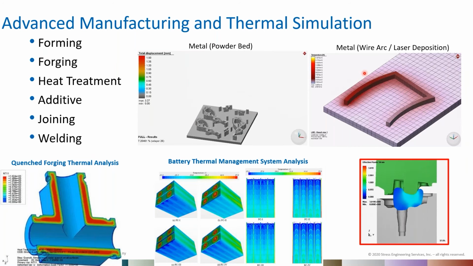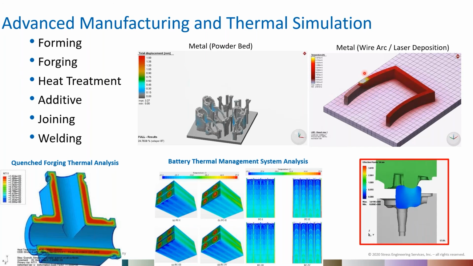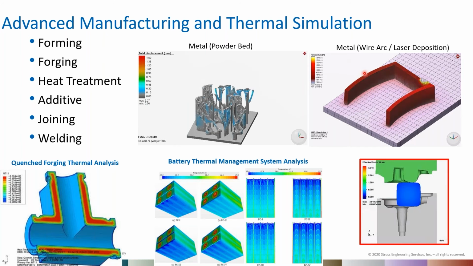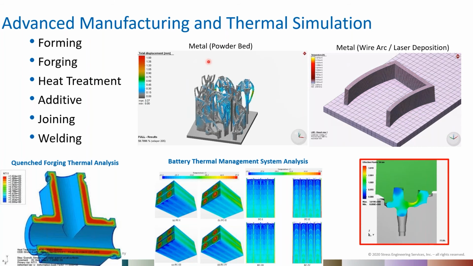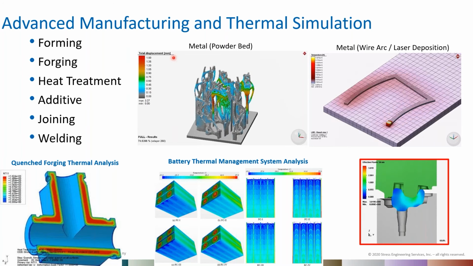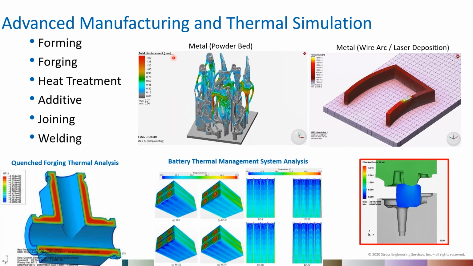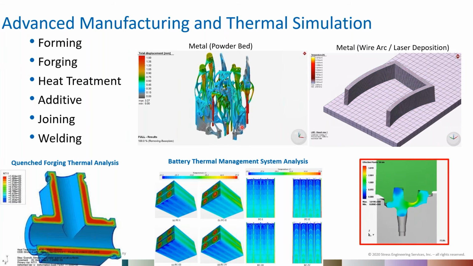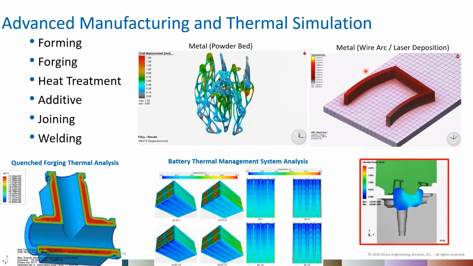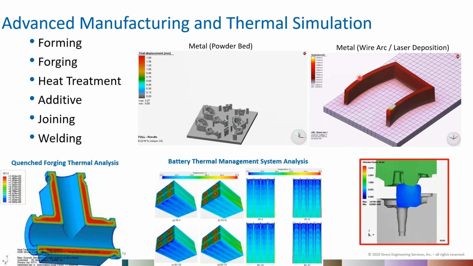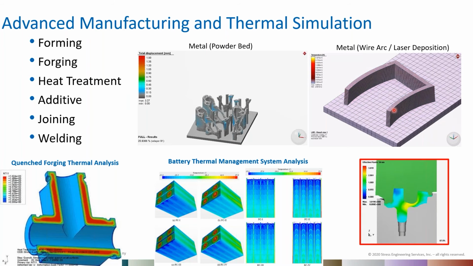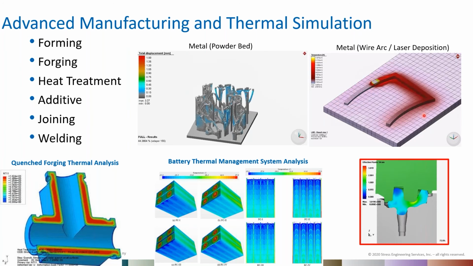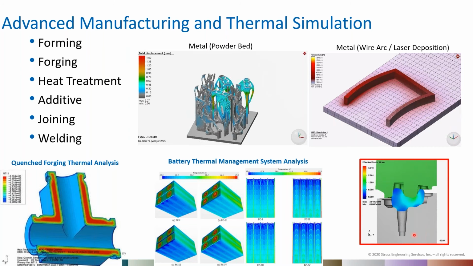Here are some examples of advanced manufacturing and thermal modeling and simulations that we can do. So a lot of people have heard about additive manufacturing. We can model how a laser powder bed fusion part is built and look at the total displacement of different components as it's being built with the laser, or a wire arc directed energy deposition technique. We can look at the thermal gradients and temperature as you lay down beads,